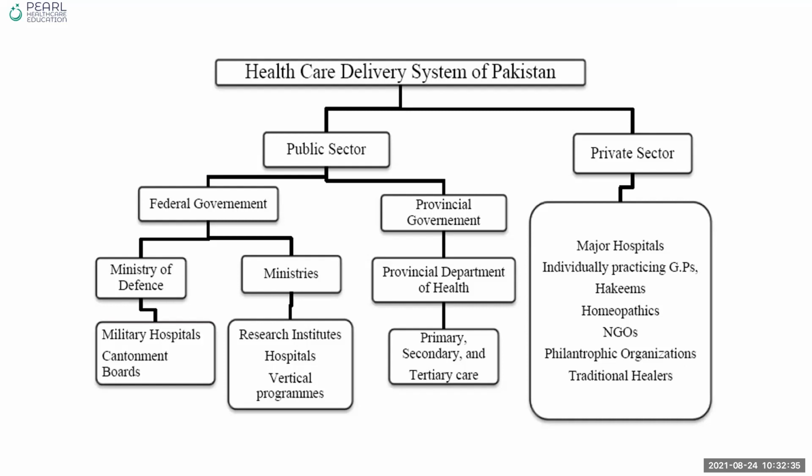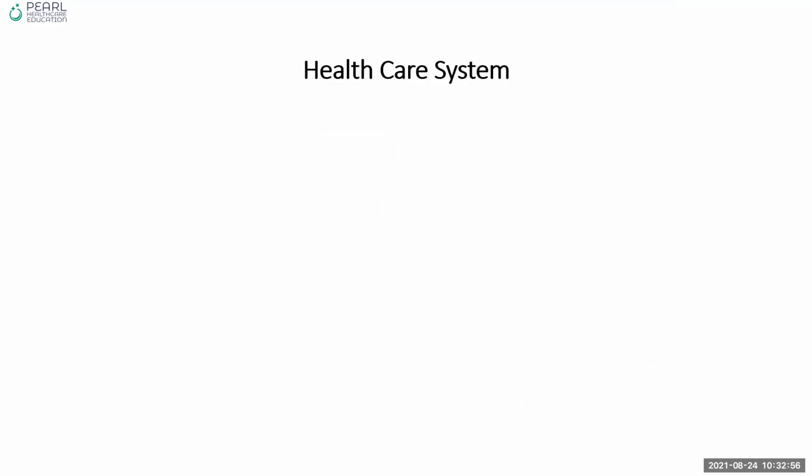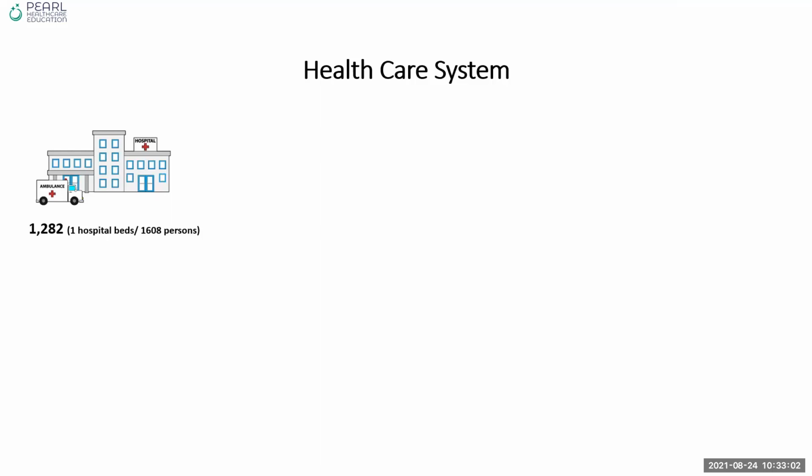Then we also have a network of people who provide healthcare services but may not come under the biomedical model, which includes hakims, homeopaths, NGOs, traditional healers, and so on. So that's a general system of health under which we operate. Now let's have a look at the structure. We've got a very good infrastructure developed, especially to do with the primary healthcare setup. How it provides services is another matter, but it's a good system.